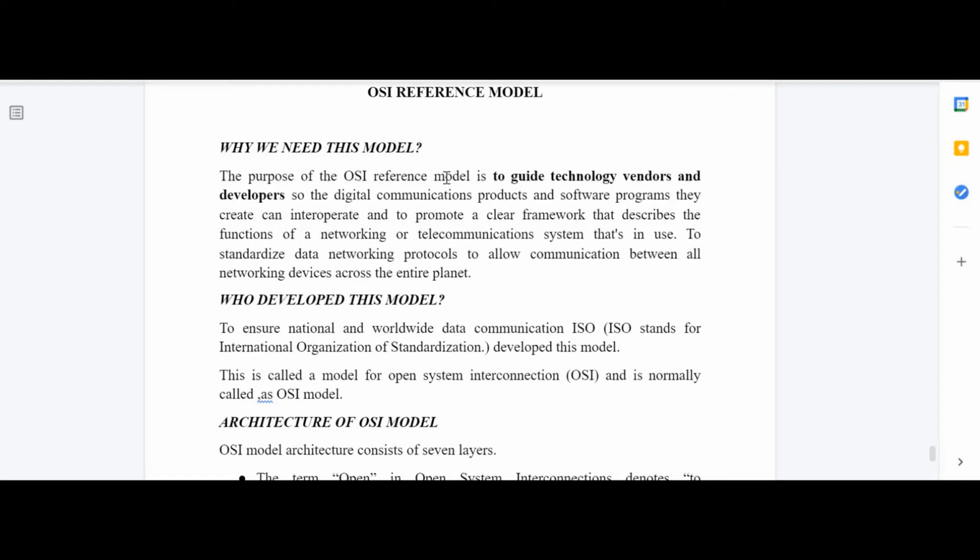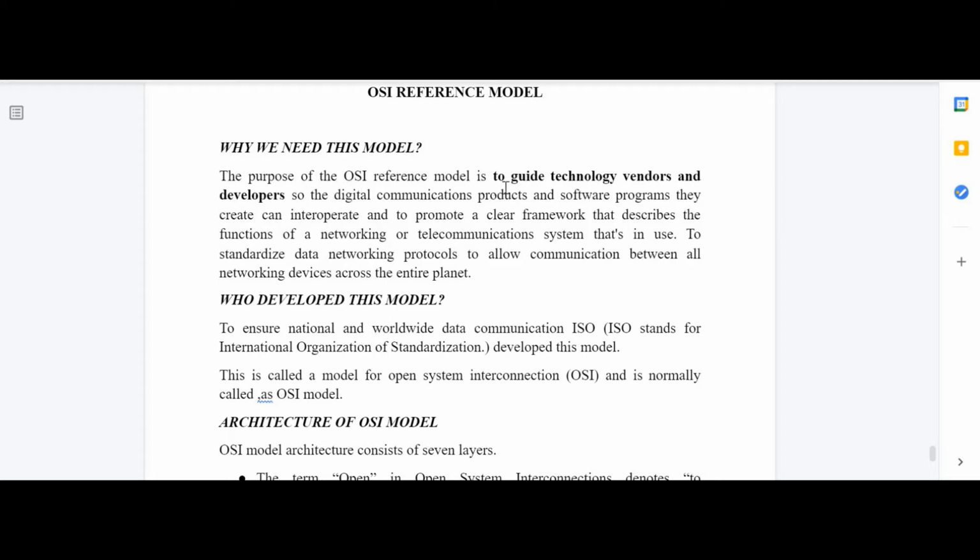We need this to describe clear communication between devices. There are step-by-step descriptions of how devices communicate with each other, on the sender side and also on the receiver side. How they are functioning, how they are interoperating with each other, that is defined by the OSI reference model. You can see from the name, it is a reference model. It just says that two devices communicate like this with each other. This is just a conceptual model.